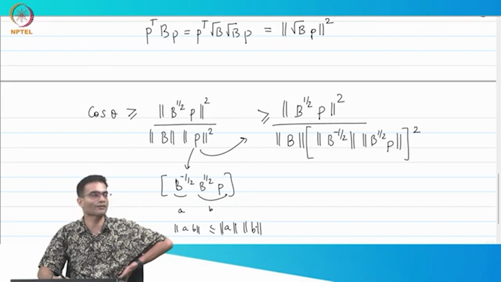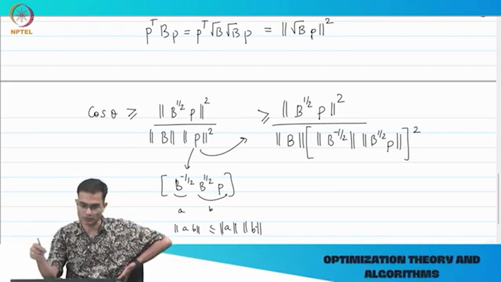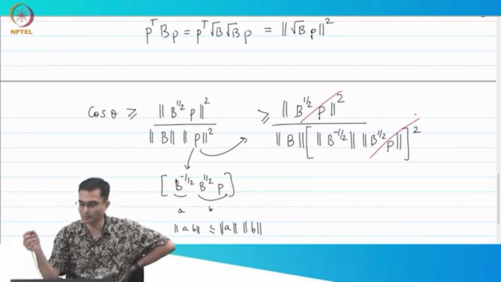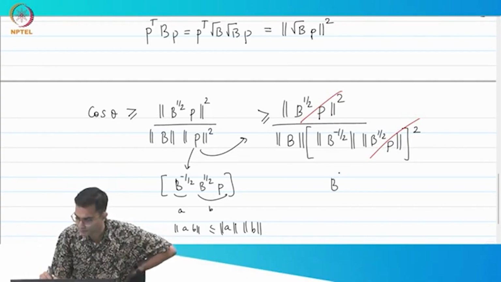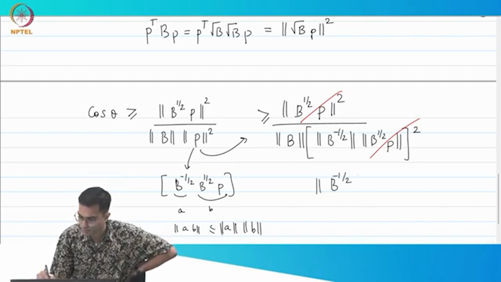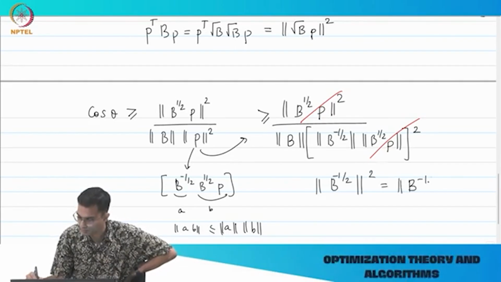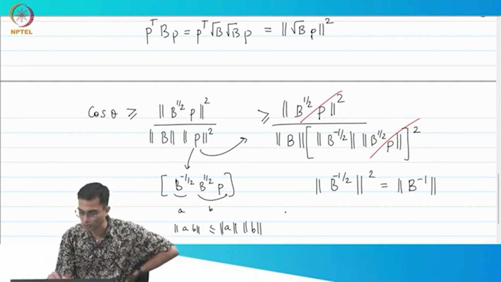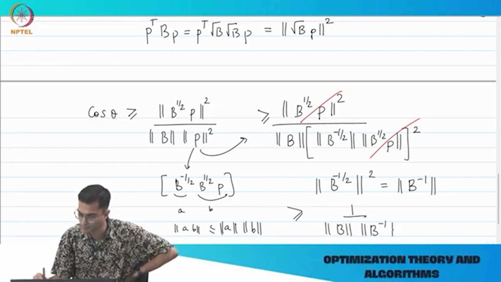I have b to the half into p, norm squared is there. Is it there also in the denominator? It's also there in the denominator, right? So this guy and this guy cancels off. There is another simple enough property of linear algebra that this is equal to, you can take the square inside basically, right? So what do I get? This becomes 1 by norm b and then this becomes norm b inverse,